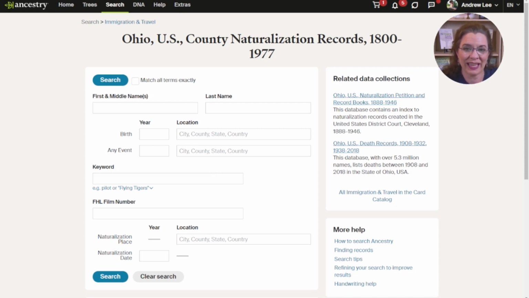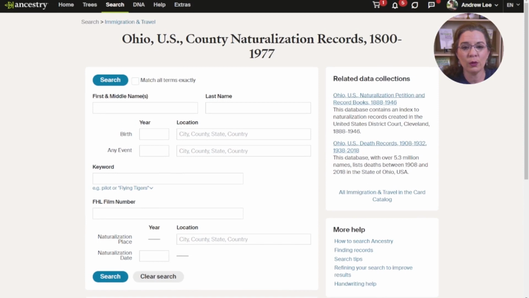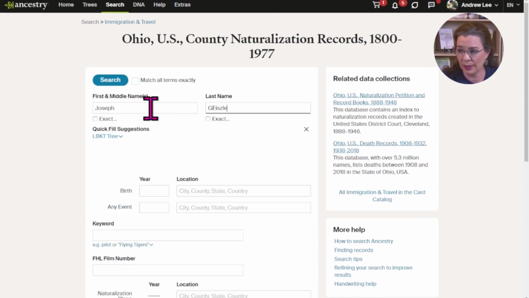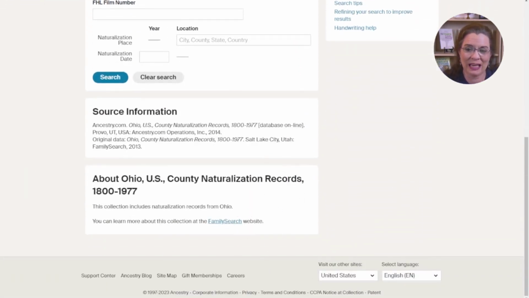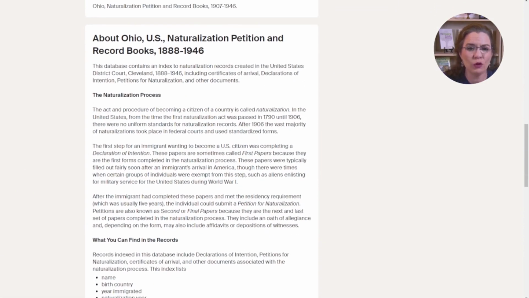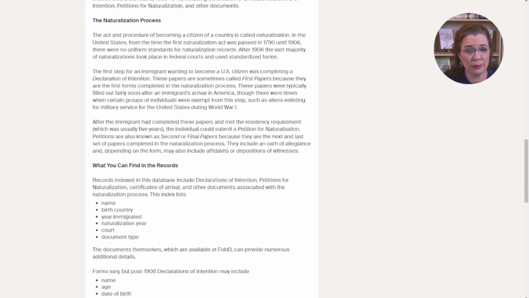Each genealogy database has a specific set of reference materials and titles that don't always match the content contained within the database. Before you start searching for your ancestor in the database, take a moment to read the database content information pages. You'll often find them or a link at the bottom of the search form. Reviewing the About section can help save you time and avoid frustration by ensuring you aren't searching for something not